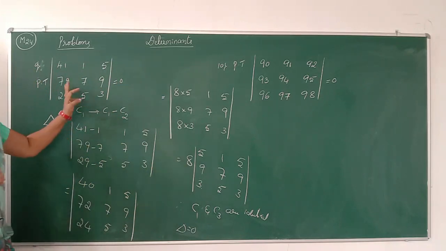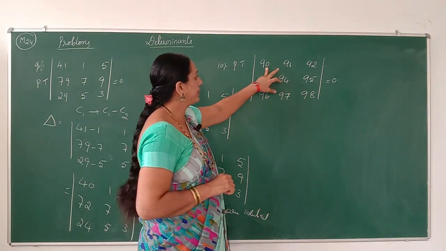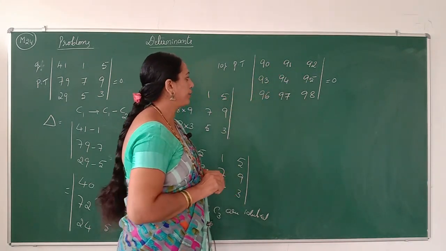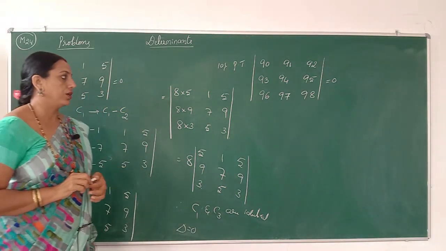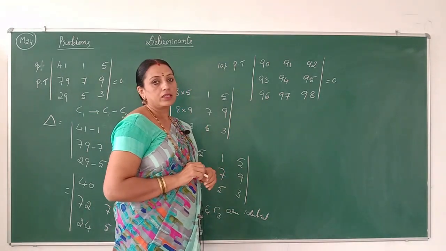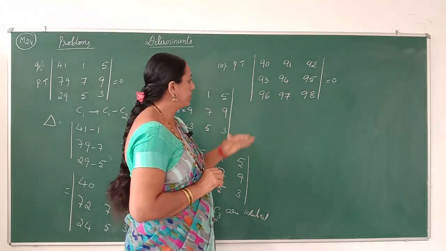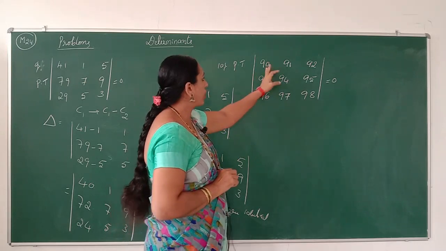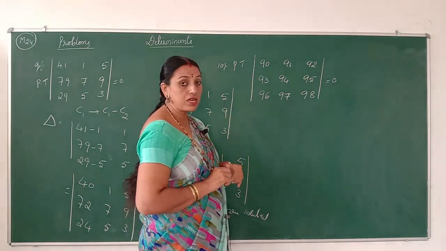That is the RHS. Now, we come to the next problem. To prove that the determinant of 90, 91, 92, 93, 94, 95, 96, 97, 98 is equal to 0. Now, we will observe the elements of the determinant. These are called continuous numbers or consecutive numbers. Now, to simplify these types of numbers, if the common difference of the elements is 1, or the same.